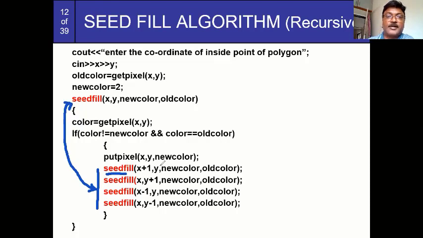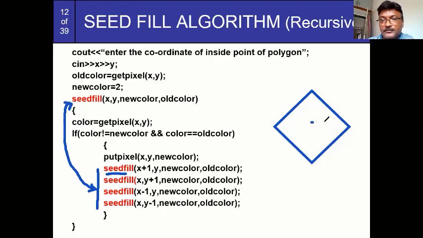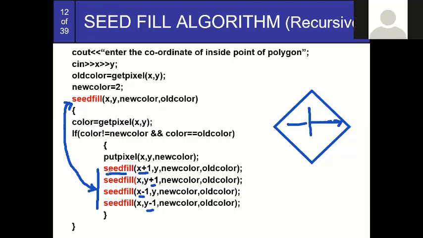Suppose this is my diagram that I am going to consider, and this is the type that I am going to fill. So it fills up with only this x direction. Okay, that is only x direction. तर तो फक्त या एका डायरेक्शन ला फिल होणार. But I want to fill x+1, y+1, x-1, y-1. म्हणजे तो x प्लस ला झाला पाहिजे, मायनस ला झाला पाहिजे, y प्लस ला पण झाला पाहिजे, आणि y मायनस ला पण झाला पाहिजे. So that it can go for all 4 directions. So that's why I have to call this seed fill function how many times? 4 times.